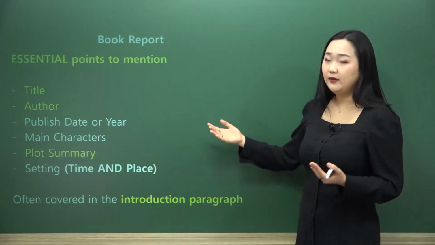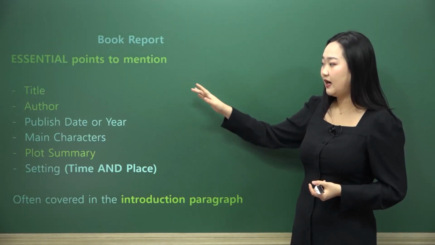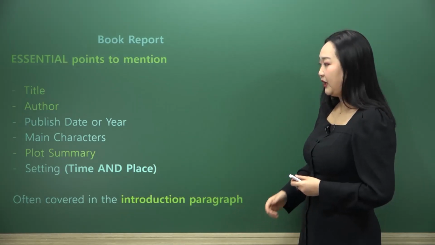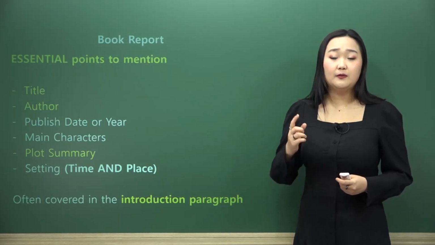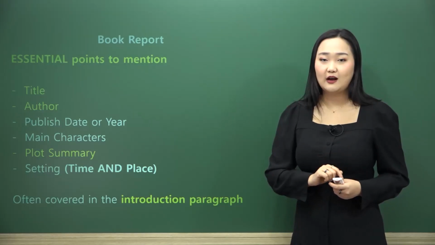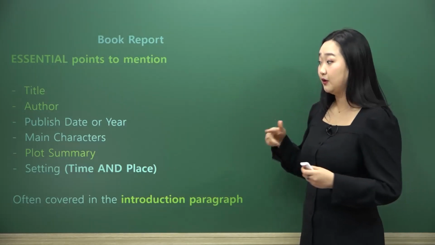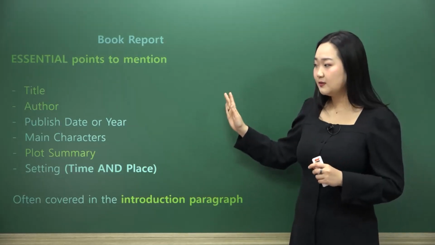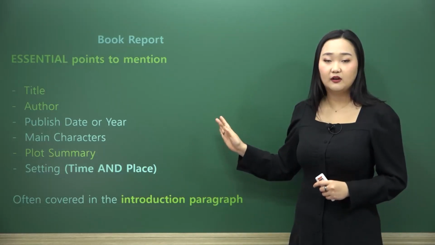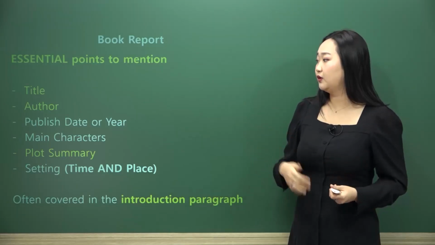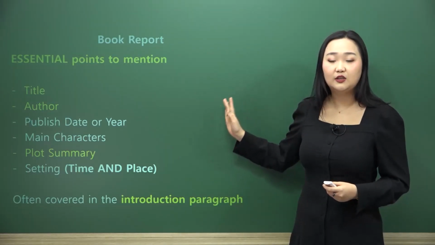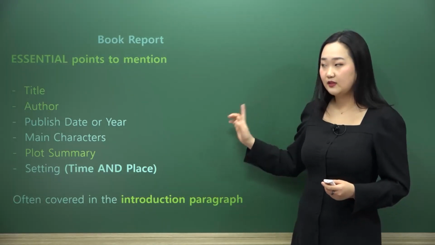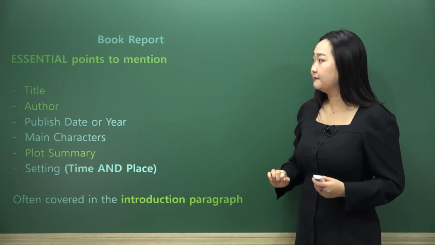So what do we do? We don't mention any characters, and we just talk about the title, the author, and the plot summary. Often covered in the introduction paragraph as well, this is information that we immediately know right off the bat when we are talking about the essay and the book in the book report. So this is not something that's going to happen in the body paragraph. This comes straight out the gate. This is the first thing we learn about you writing your book report. This has to be in your introduction, okay? We'll see how that works later on in better essays, but for now, that's what we want to remember.